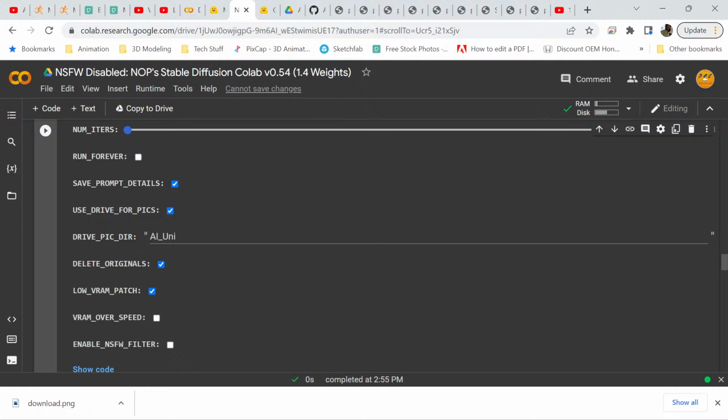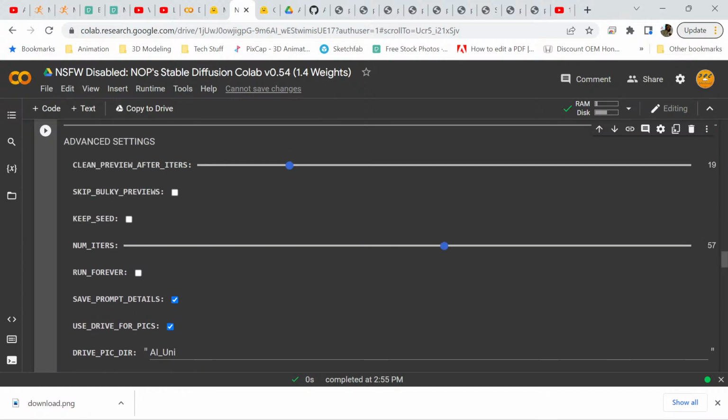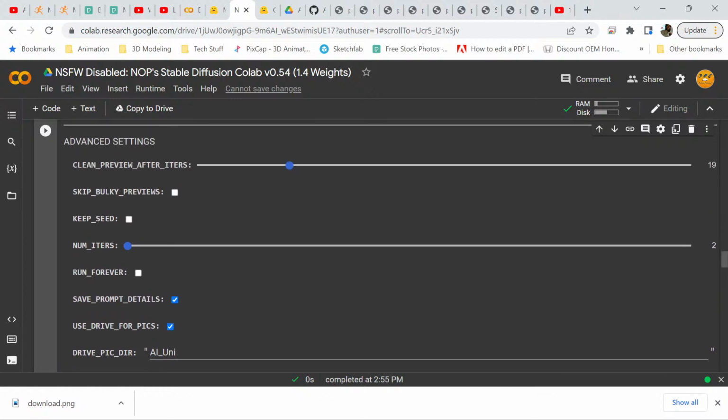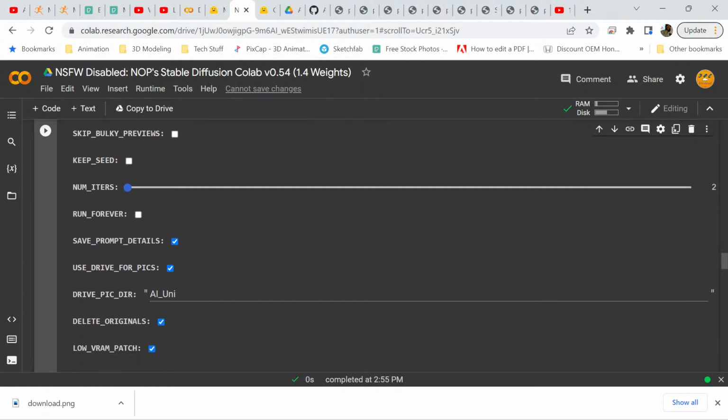Number of iterations, you can go to a maximum of 100. But I recommend for you to go at 1. If you can't go to 1, then go to 3. But it should go to 1. I don't know why it's not going to 1. Send this all the way to the left. It should go to 1. I don't know what's going on with this page, but yeah,